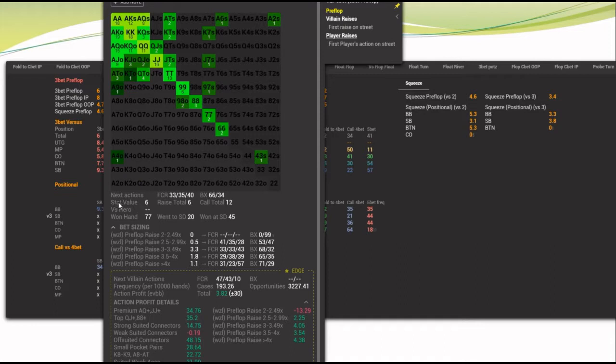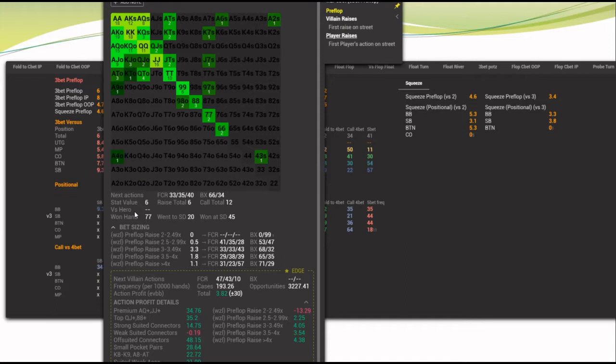The idea is simple. We look at the overall stat value, it's 6. We look at the versus hero value. If the versus hero value is similar to the overall value, it basically means it's all in our head. Villain is not 3-betting against us more often, it just feels that way, but it's actually 3-betting against us with the same frequency as 3-betting against the population. Normally when these numbers are the same, i.e. for any stat, when the overall stat is the same as the versus hero value, it's